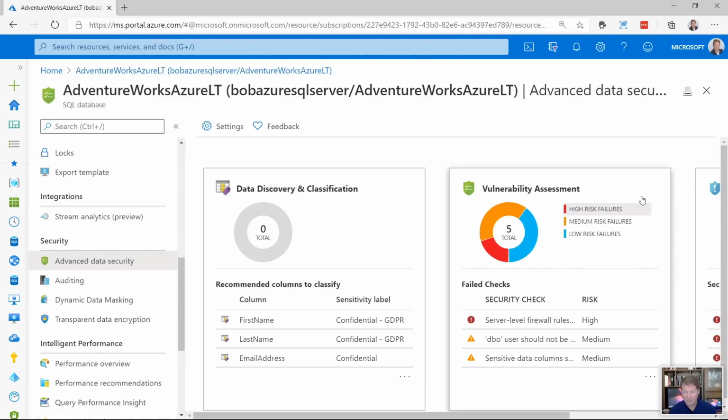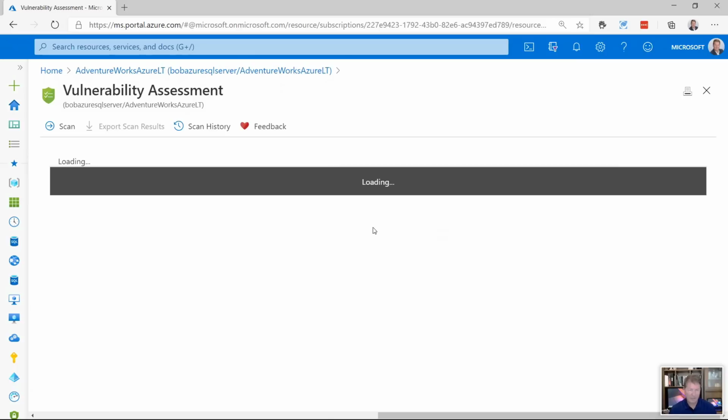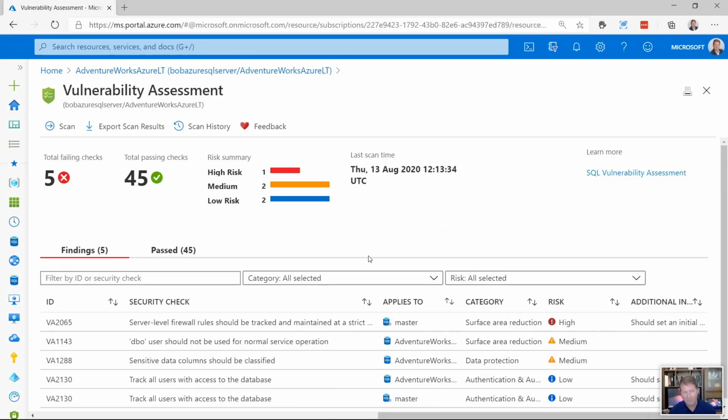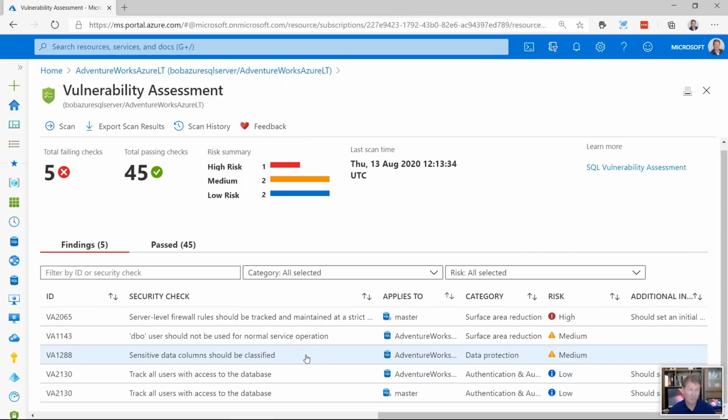Vulnerability assessment's an interesting one. We said to ourselves, we have knowledge within the SQL team. We know how to go look at the configuration of your deployment and decide, are you vulnerable to certain types of security problems? So we use industry CIS benchmarks to decide how we can build a set of rules. And again, since we're in the cloud, we can modify these rules, add to them and enhance them, and flag for you possible risks.